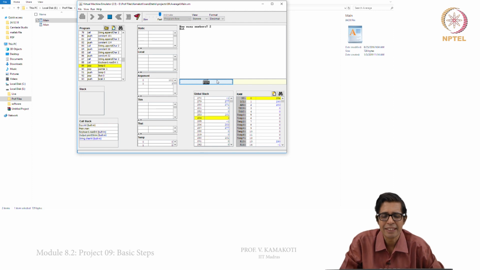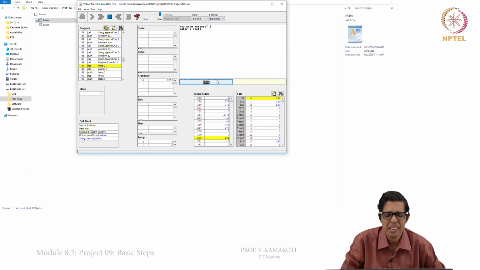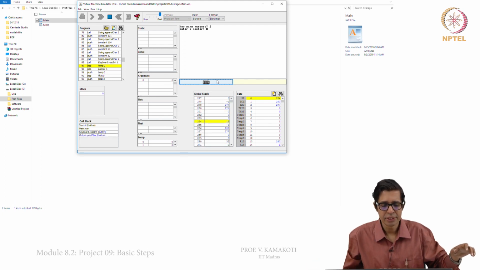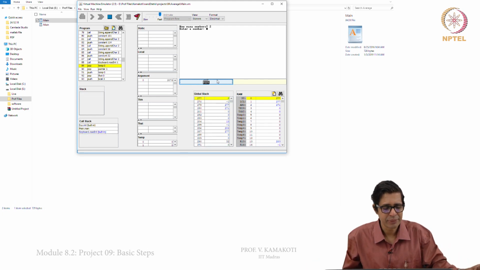Now, it is asking enter the number. Yeah. So, it is now asking for enter number and it is waiting now. Now, I say I am entering 2 and then I am pressing enter.